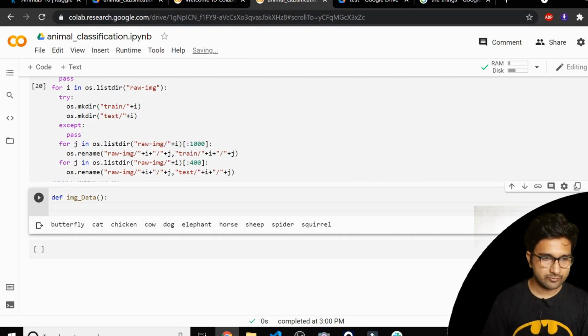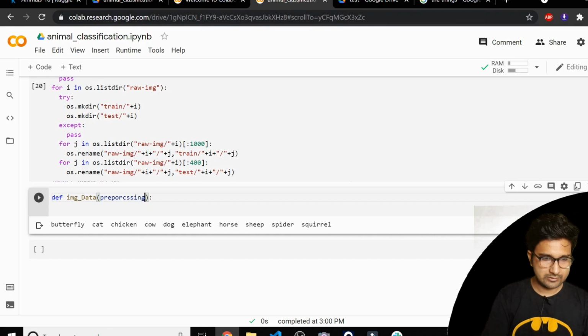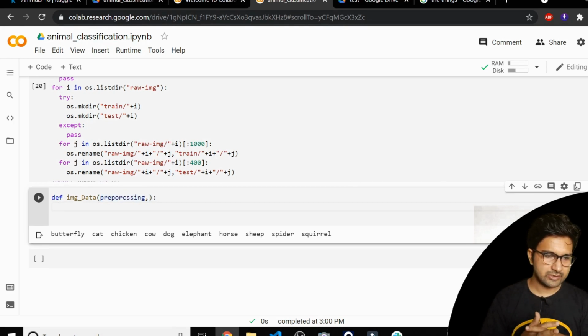So let's put up an argument on this one named preprocessing. Pardon me if I'm writing a typo, it's just a variable name. I want to keep this image data generator versatile. So if preprocessing is true, then we will have